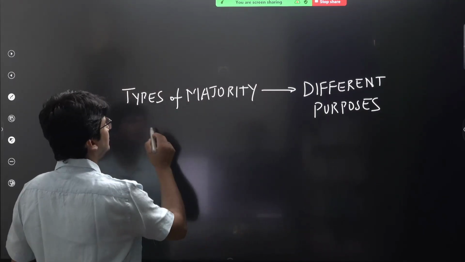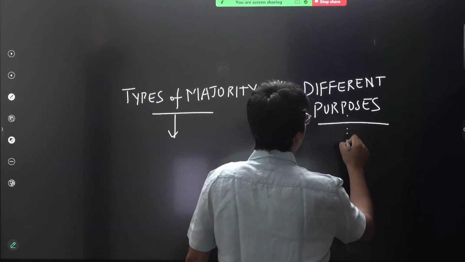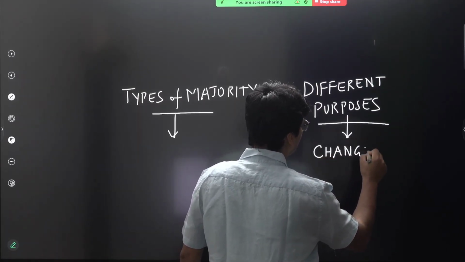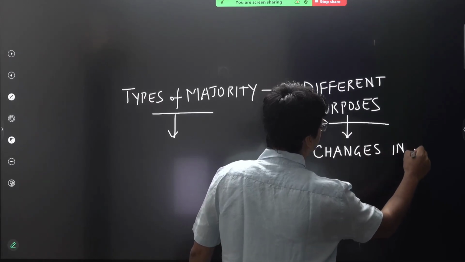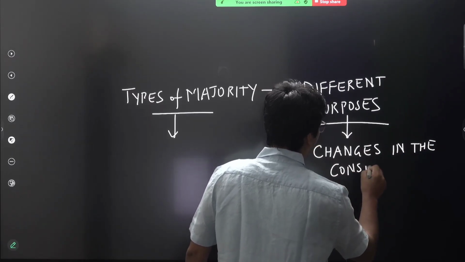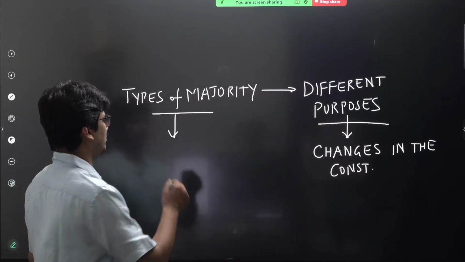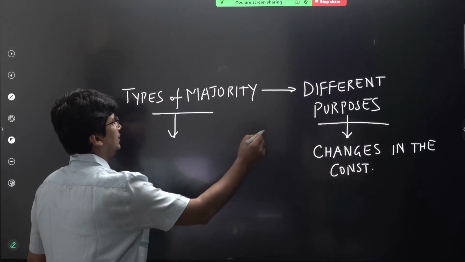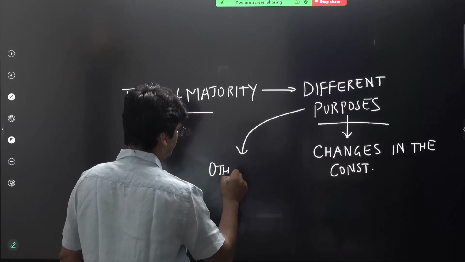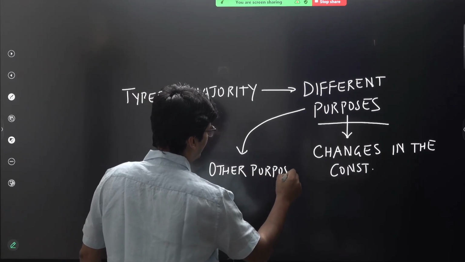So these purposes are basically to make changes, either to make changes in the constitution, that is amendment, or different provisions are provided in the constitution for different other purposes. So other purposes include